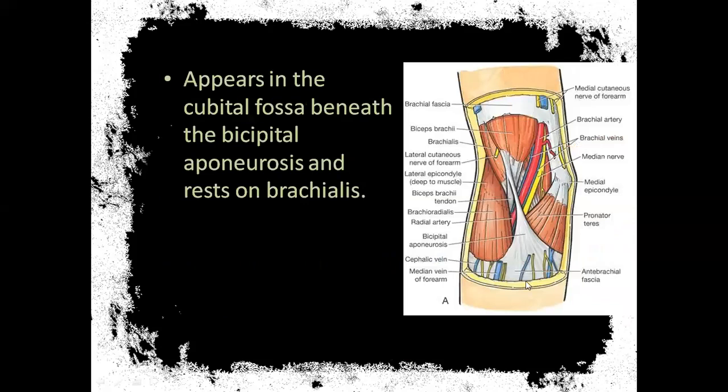After the arm, this is the cubital fossa. Do you remember I gave you one code for the cubital fossa, MBBR? Very good, MBBR. Now you can write the relations very easily. What is M standing for? Median nerve. So the most medial component of the cubital fossa is the median nerve. So lateral to the median nerve, you can write the other structures: brachial artery, bicipital aponeurosis, superficial radial nerve, the superficial branch of the radial nerve. They are all lying lateral to the artery.